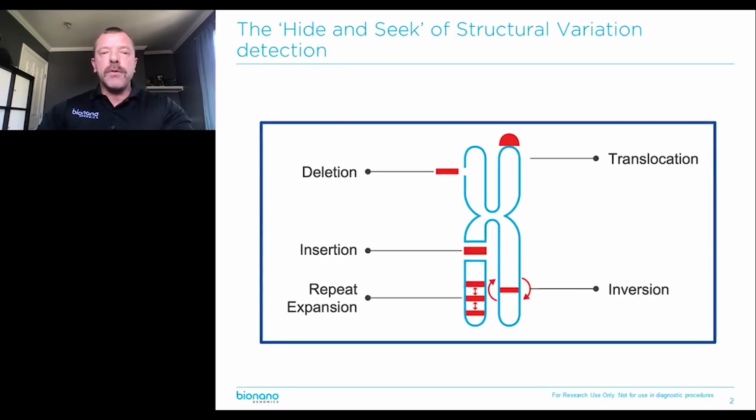And when we're talking about structural variation, we're talking about these large rearrangements of the genome where there's typically no major gain or loss of material. It could be a balanced event like an inversion or a translocation, or an unbalanced event like a deletion, insertion, or repeat expansion. And when you attend conferences like this, you may know about spatial sequencing and long-read sequencing, but